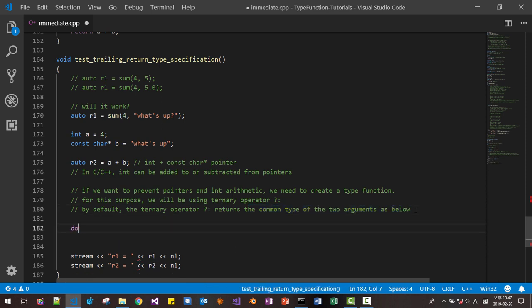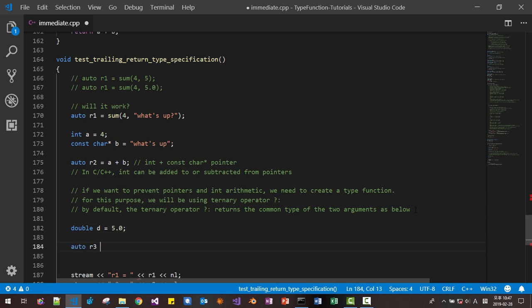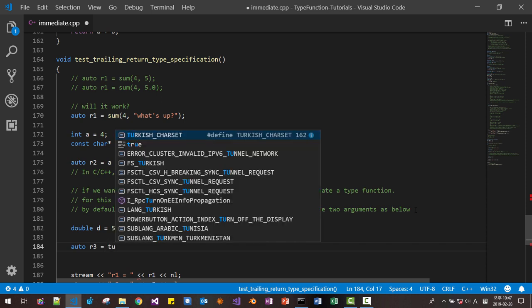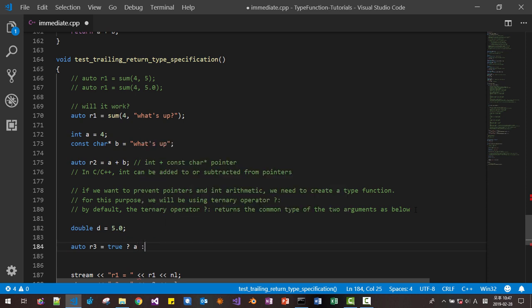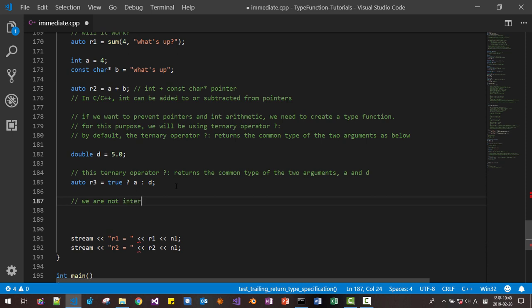Okay, now I will define double D = 5.0, auto R3 = true ? A : D. This ternary operator returns the common type of the two arguments A and D. We are not interested in the return value of this ternary operator.